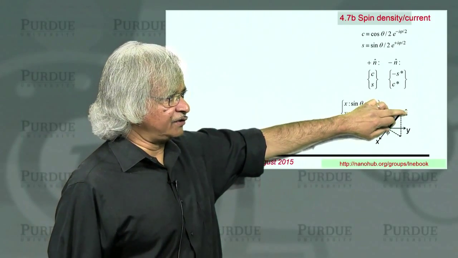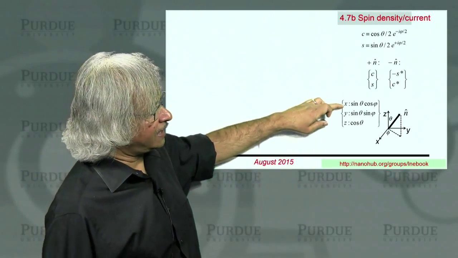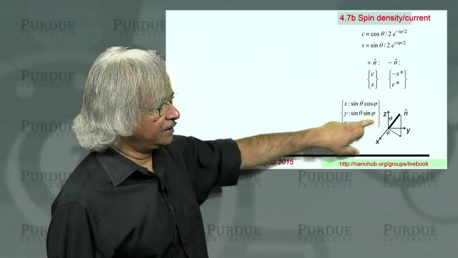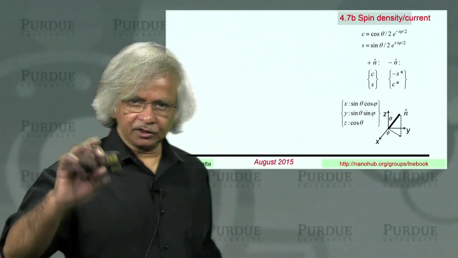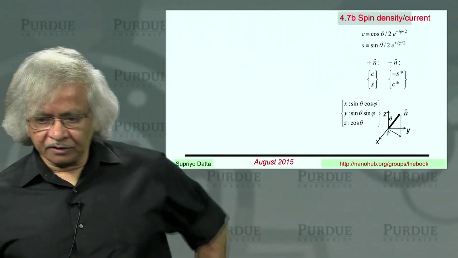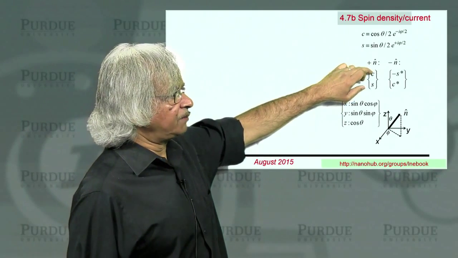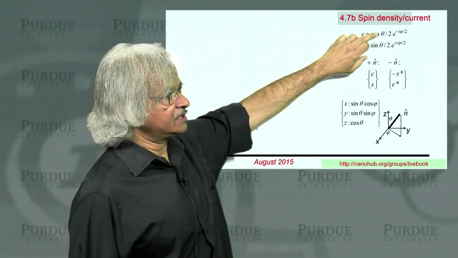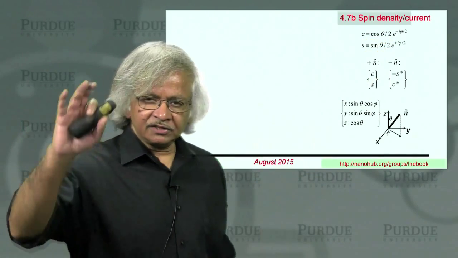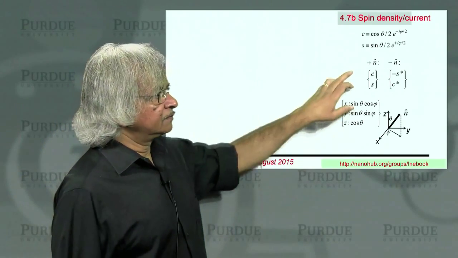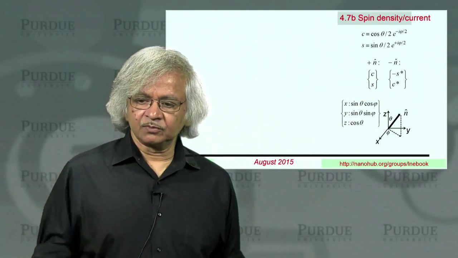Okay. Now, just to remind you, as we had discussed earlier, if you have a spin pointing in the direction described by the vector n, then if you thought of it as a vector, its x, y, and z components would be given by sine theta cosine phi, sine theta sine phi, and cosine theta. That's what you learn in vector algebra. With spins, it has these two complex components, which are denoted by C and S, where C is defined as given here and S is defined as given here. Now, consider an electron in a state pointing along n so that its components are given as C and S. What is the corresponding Gn?